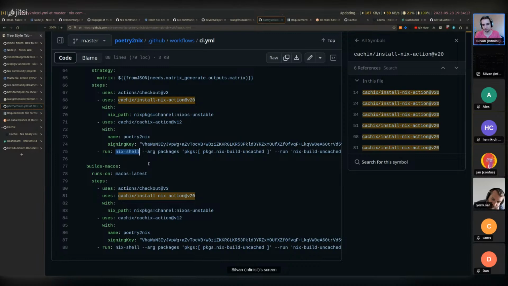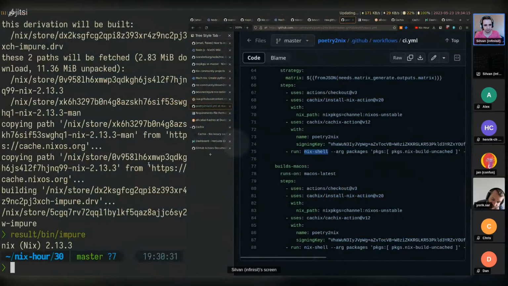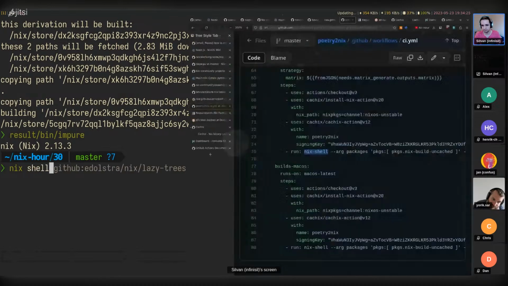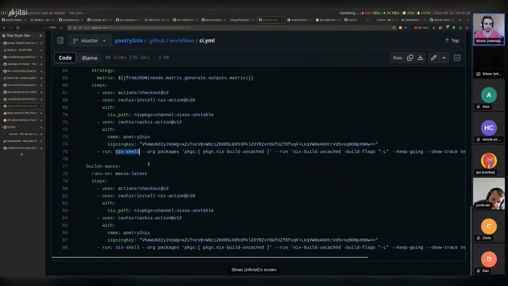You can also use Nix develop, although I feel like Nix shell would be more appropriate here. This allows you to get all the dependencies from Nix, but not build your product inside Nix. And then you also won't have to worry about making sure the build is pure.